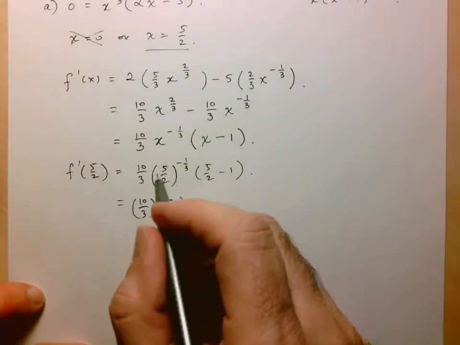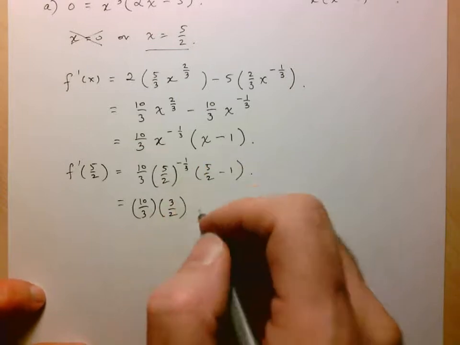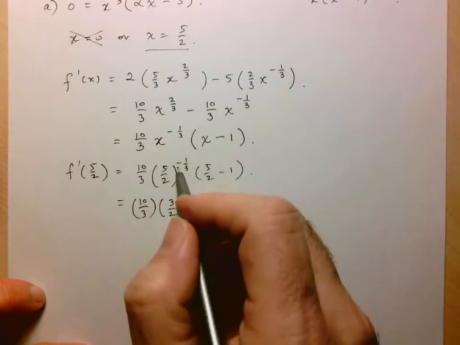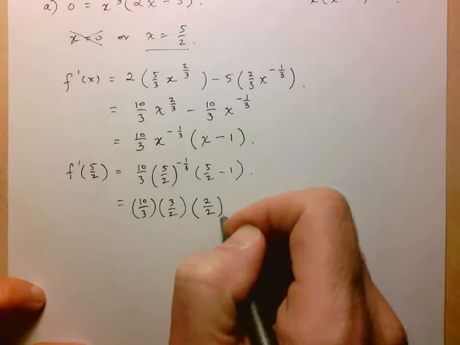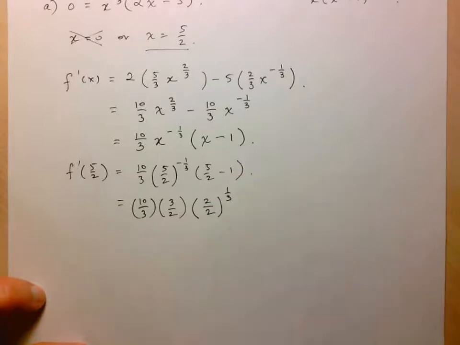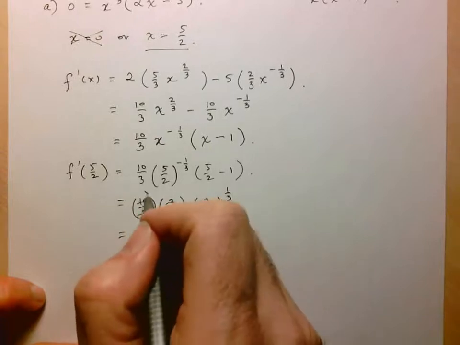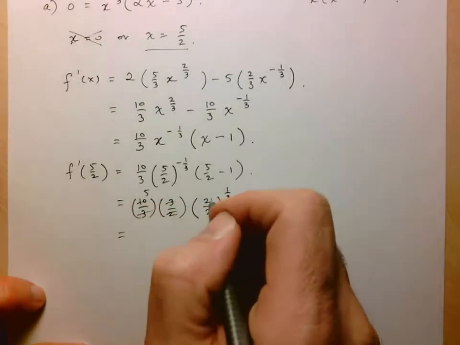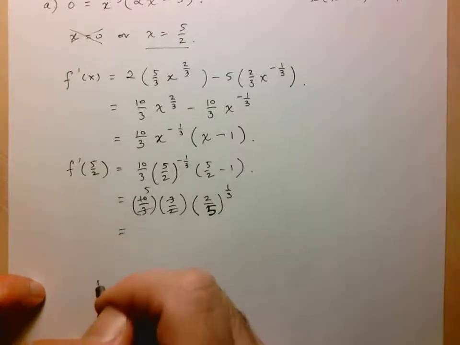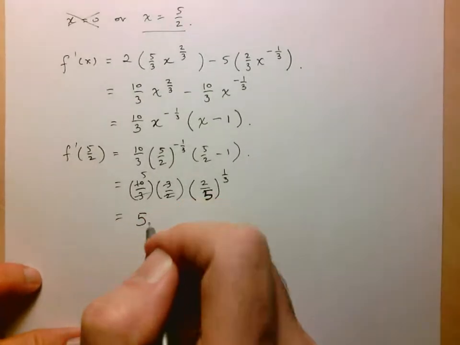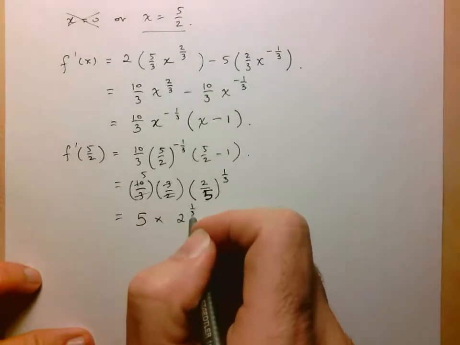Now here, I'm going to see what I can do with 5/2 to the negative 1/3, but I see this negative here. So just to make my life a little easier, I'll, of course, apply that negative exponent. So that will give me the reciprocal of 5/2, so 2/5 to the 1/3. Okay, this here, the 3's reduce, 10 over 2 reduces to 5. Whoops, sorry, this should be 2 over 5. Just noticed that. Okay, so now I'm left with 5 times, well, here I've got 2 to the 1/3 over